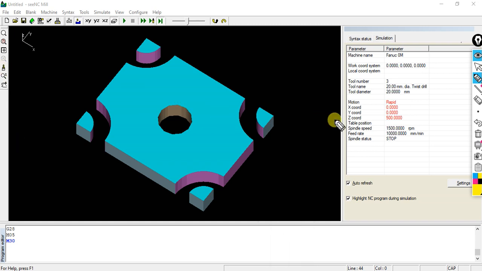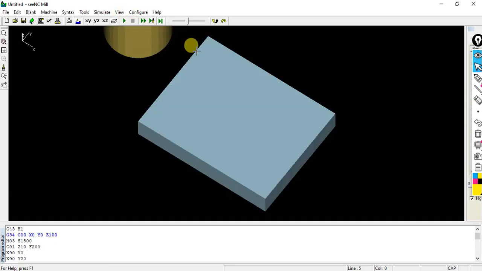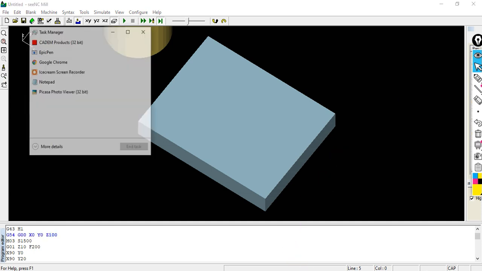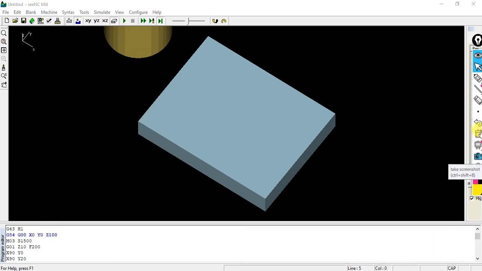In order to make some space, what I will do is, let me, the first step will remain the same.